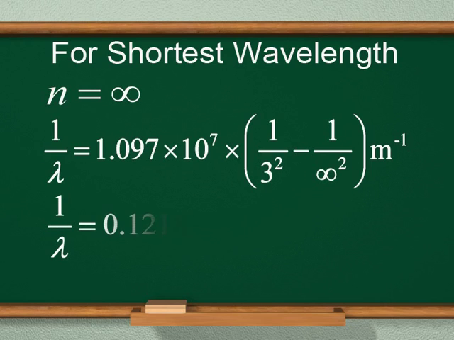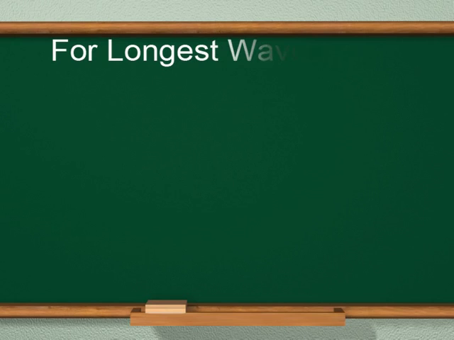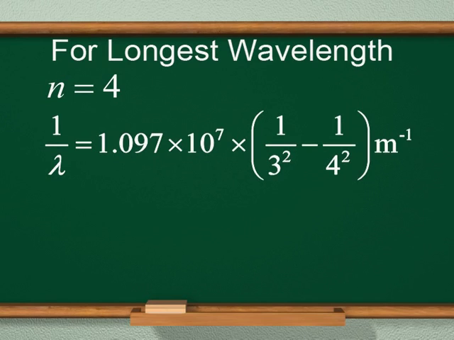That is 0.12189 into 10 to the power 7 per meter, or lambda is 8.2042 into 10 to the power minus 7 meter, or 8204.2 angstrom. For longest wavelength, n is 4 and 1 by lambda becomes equal to